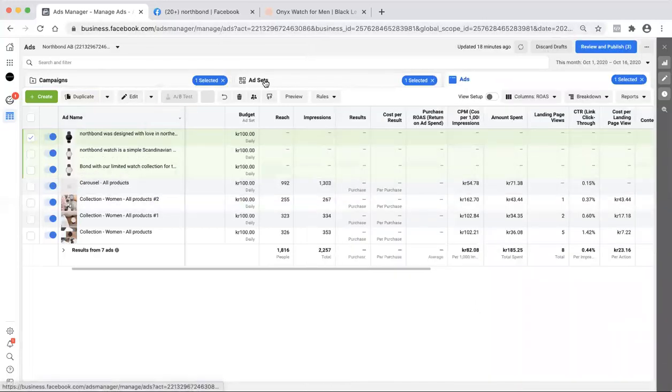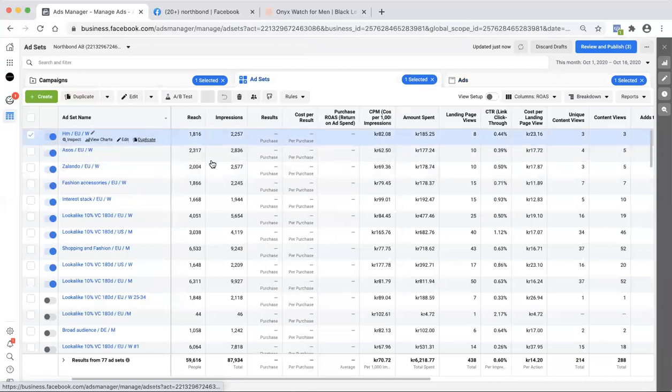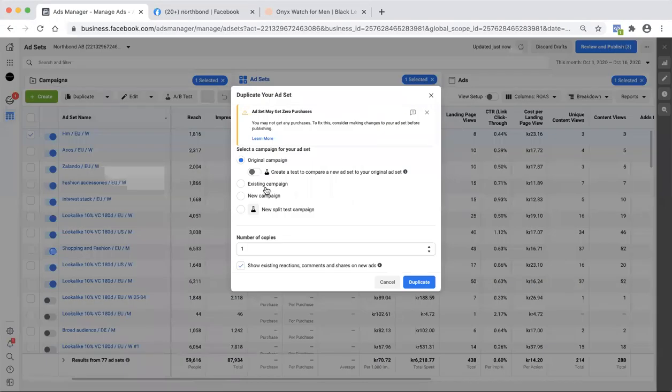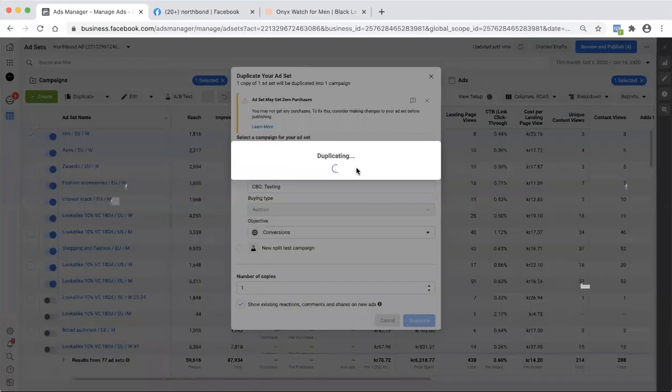This way I can also see if I should keep this ad or not. I was doing this because I was not getting any sales, and it's one way to cut ads so I'm not spending so much.